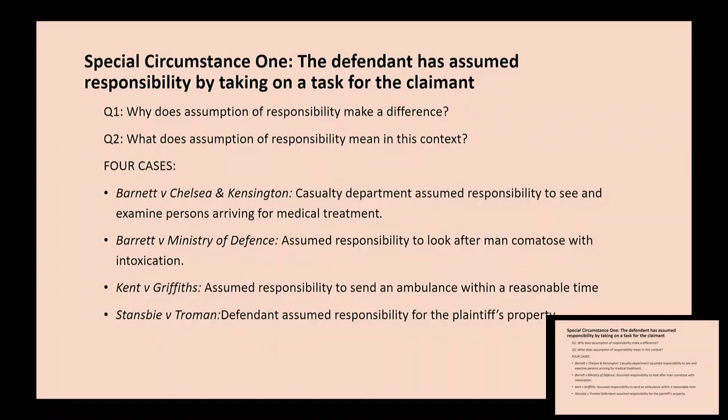It differs from the assumption of responsibility we have talked about in negligent misstatements causing pure economic loss. Reasonable reliance is not necessarily part of it in the case of omissions. You can assume responsibility and have a legal duty to take care of an unconscious person. An unconscious person can't actively rely on you. You can assume responsibility and have a duty to take care of a child who may not consciously rely on you.